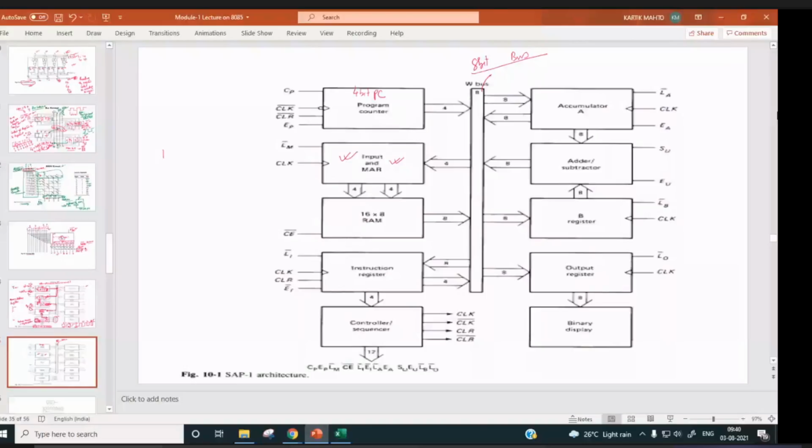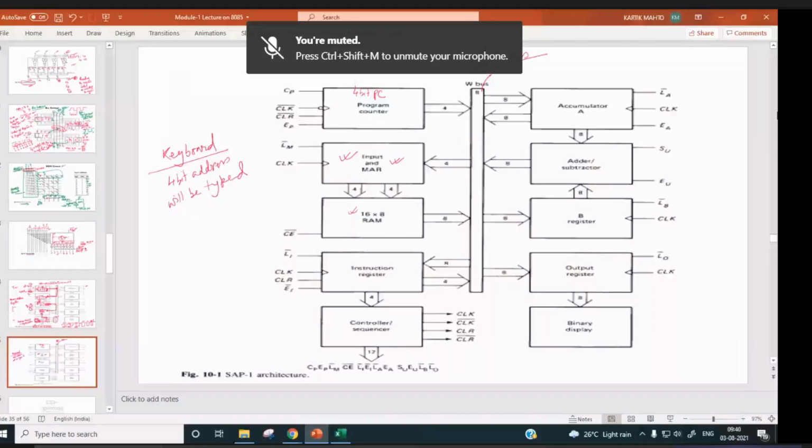Using this keyboard, we can send the address to this RAM. For using the keyboard, a 4-bit address will be typed first.